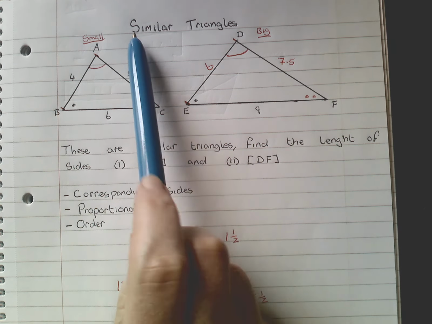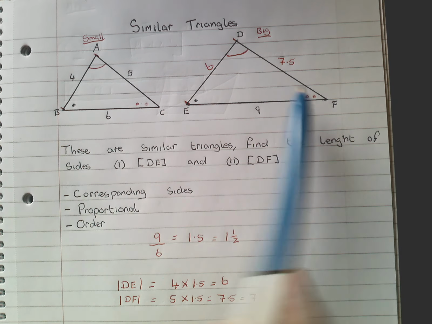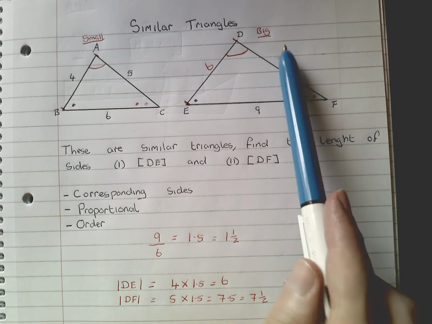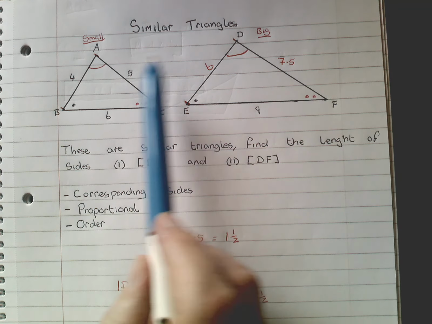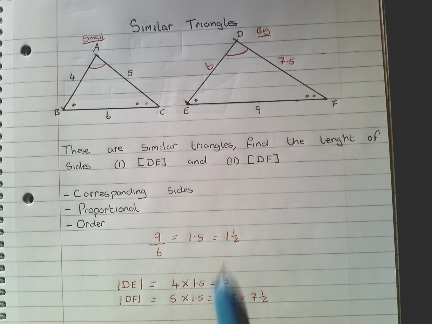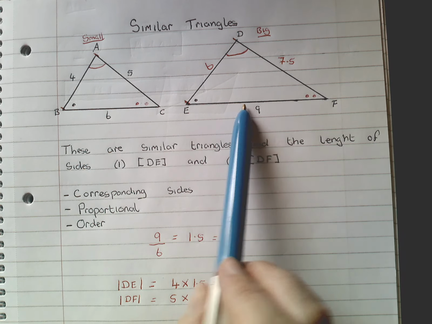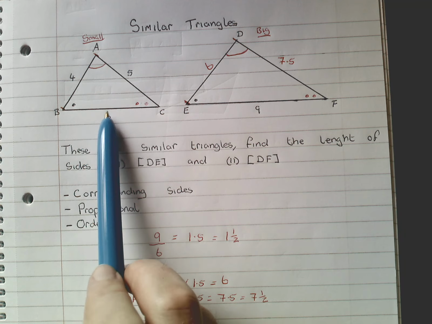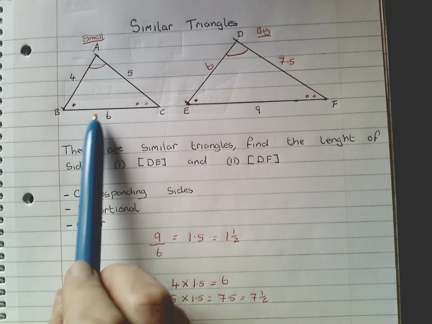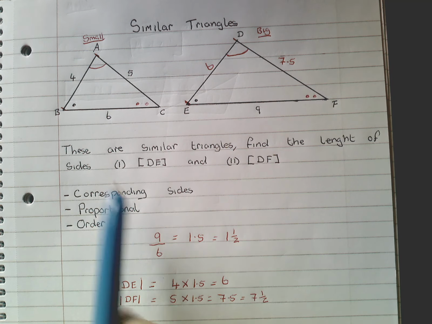Okay, so again, just to recap, similar triangles are similar because they have the same angles as each other. As a result, there's going to be a correspondence between each of the sides. This side will correspond with this side, will correspond with this side, will correspond with this side. Correspondence just means there's a link. To work out what the correspondence is, we look for a side on both triangles where it gives us the dimension. So in this case it's 6, in this case it's 9. We can work it out using division. So 6 divided by 9,